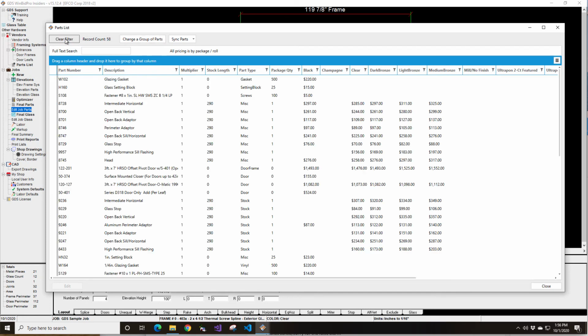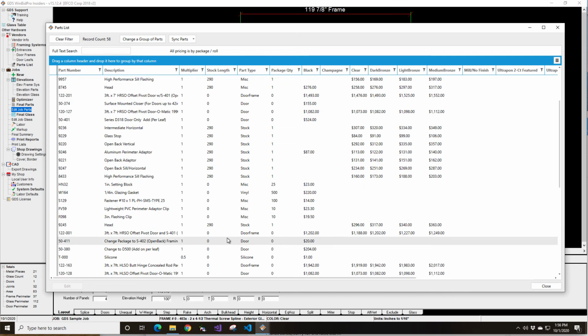So I can hit clear filter. It gets my entire list back. And now I can say, well, I want those changes to actually go back to the main catalog because I don't want that happening again to a new job I create. So I can go up here to sync parts, and I can say I want my changes from job parts, which is right here, to update the catalog, kind of like what I showed you in the last final parts. So if I hit that,